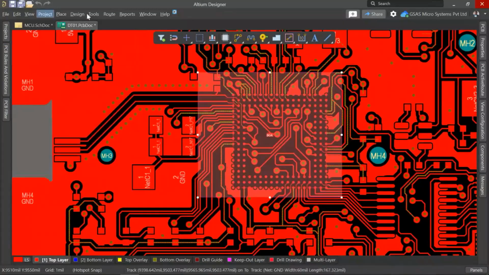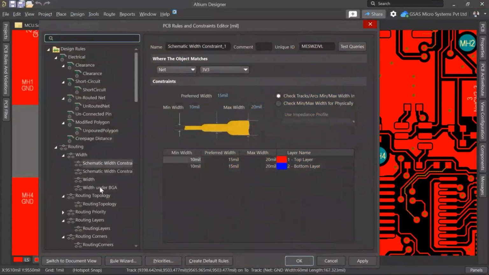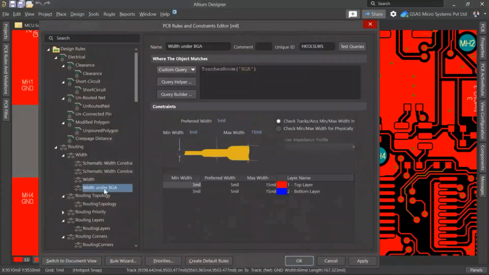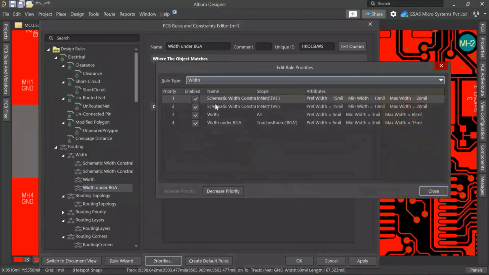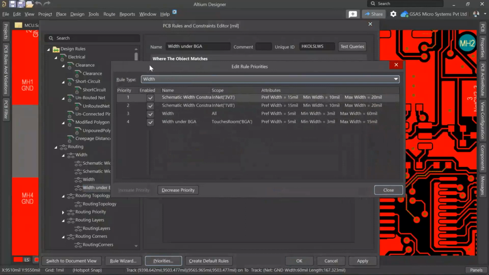But here, if you look at the design rules, there is a rule already assigned. But due to the priority issues, as I told, whenever you create a new rule, the tool will give the first preference to that rule and try to apply that rule first, because this width VJ is at the fourth stage, which is far away from the top.